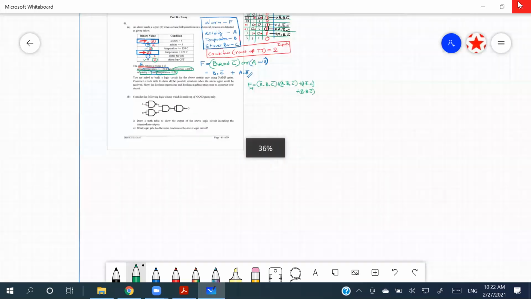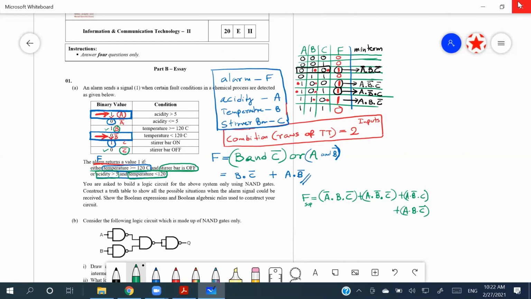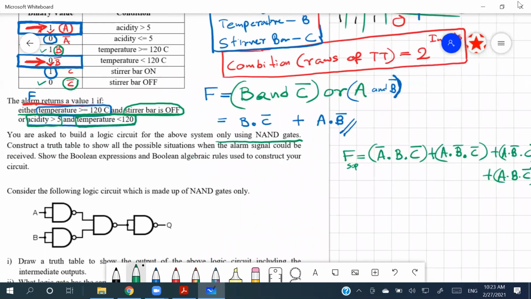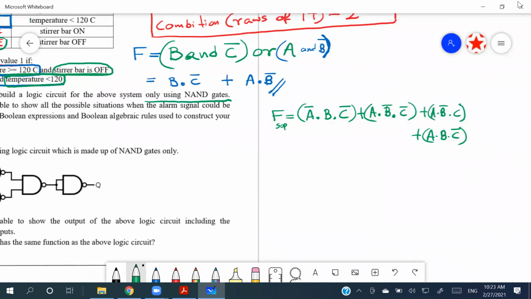Yes, and this was the place where we were discussing this particular question. I was discussing how to take the minterms and how to build up an SOP using this, right? Then in the question they ask, you are asked to build a logic circuit for the above system using only NAND gates. Only NAND gates, right? We haven't simplified this yet. So first it's better you simplify it. With NAND gates it's going to be a huge one, right? So it's better you simplify it. So how are we going to simplify this? I'm going to remind you how we simplified it using the K-maps as well as using the